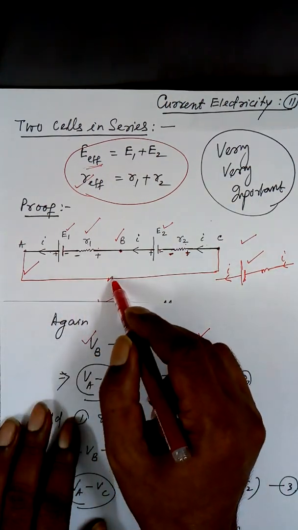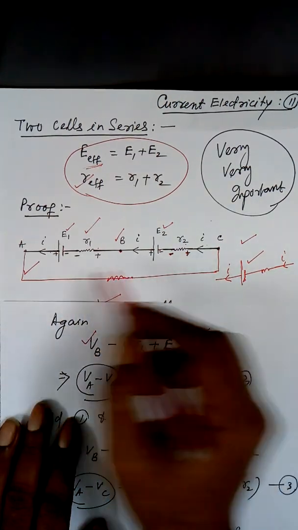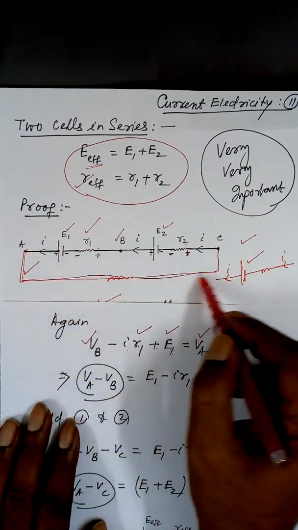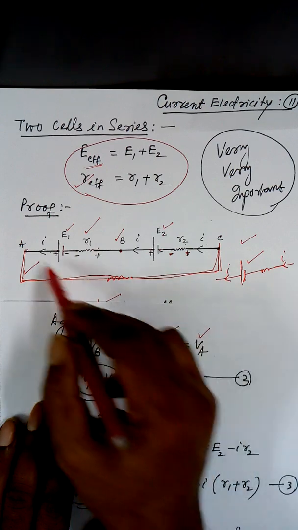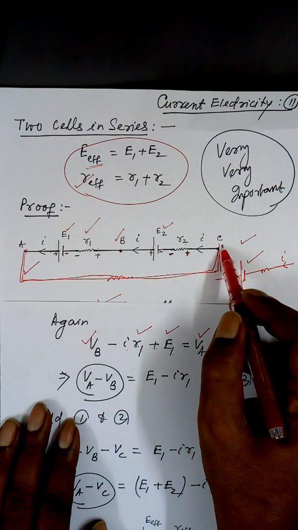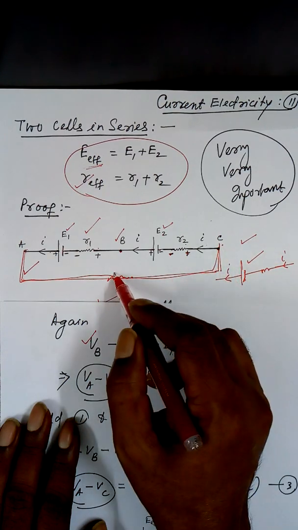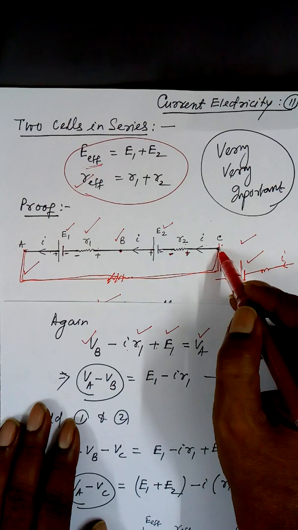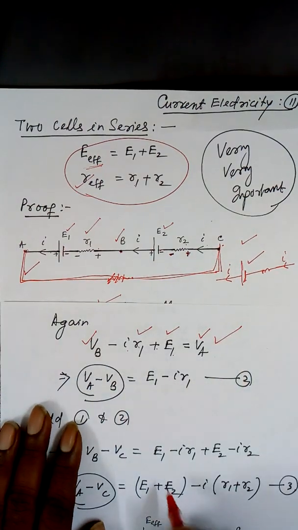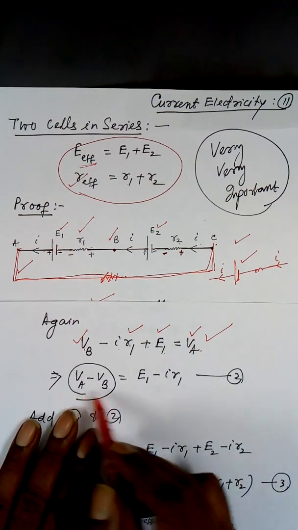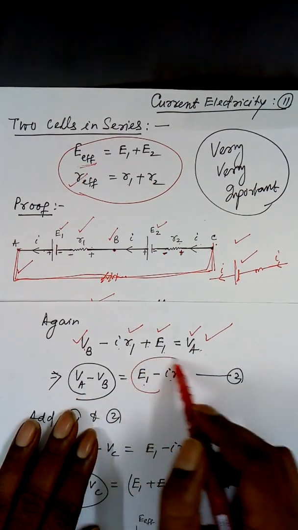Look, there must be some external resistance here. If I just connect it like this, then A and C become together, means the potential at A and C becomes the same. But that is not the case. So I have taken it at a different potential and this at a different potential. Now make the side changes. VB comes to this side. So VA minus VB is E1 minus IR1.